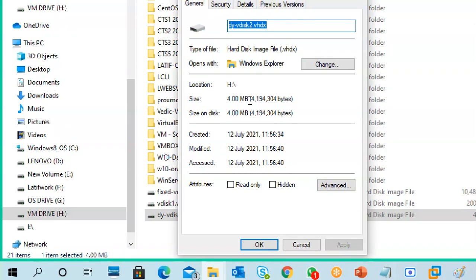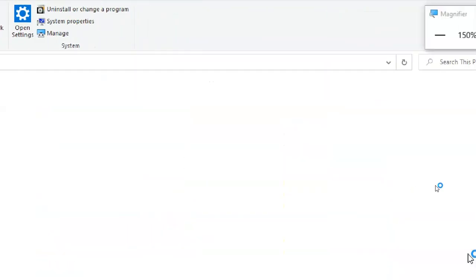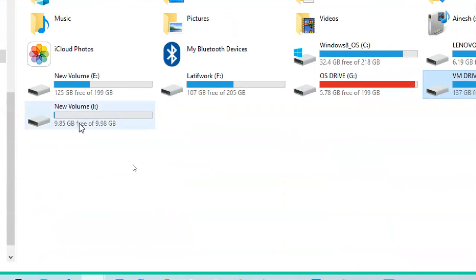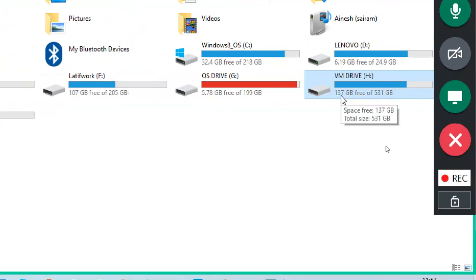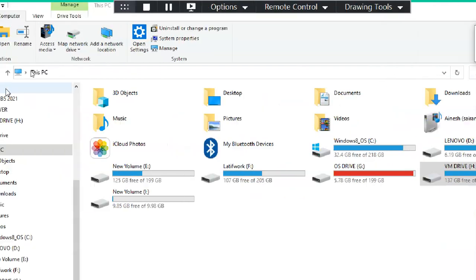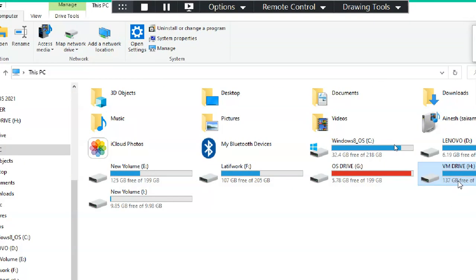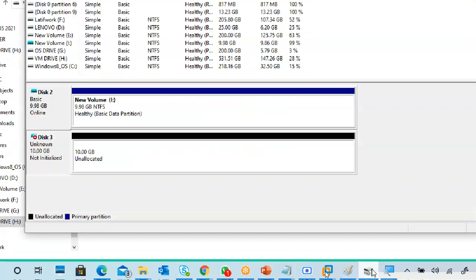I created a 10 GB disk, but it occupies 4 MB only. It is not attached yet. It will expand automatically whenever we do step by step.